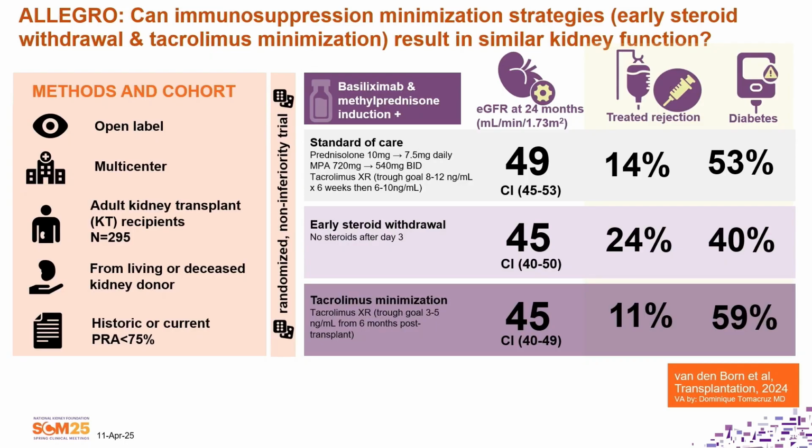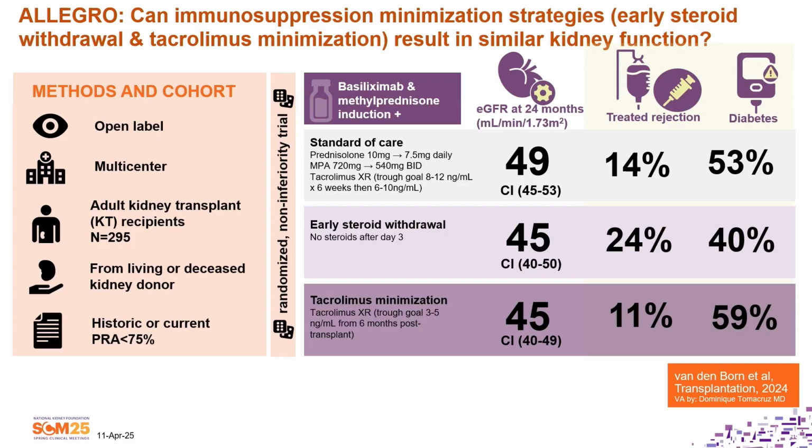A standard of care was a 3-drug regimen of tacro, extended release, MPA, and prednisone, lowered to 7.5 milligrams daily. There's an early steroid withdrawal protocol where there's no steroids after 3 days, and a tacrolimus minimization protocol with a trough goal of 3 to 5 from 6 months post-transplant. And what you see here is that in the non-inferiority portion of this, the kidney function in all 3 groups